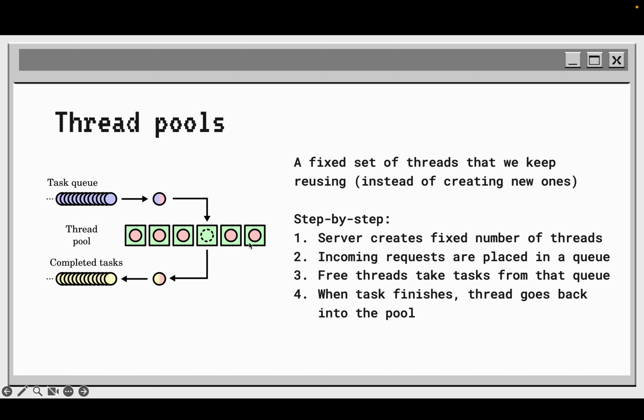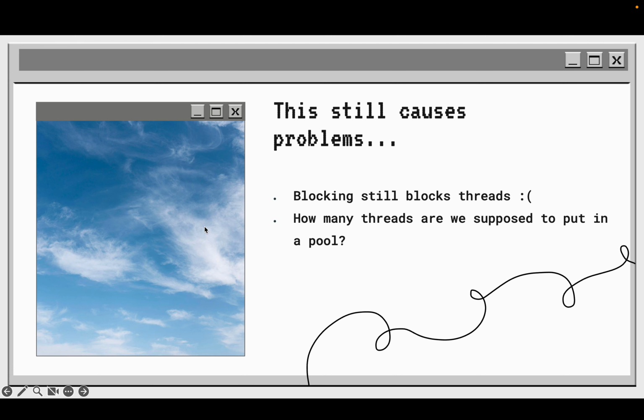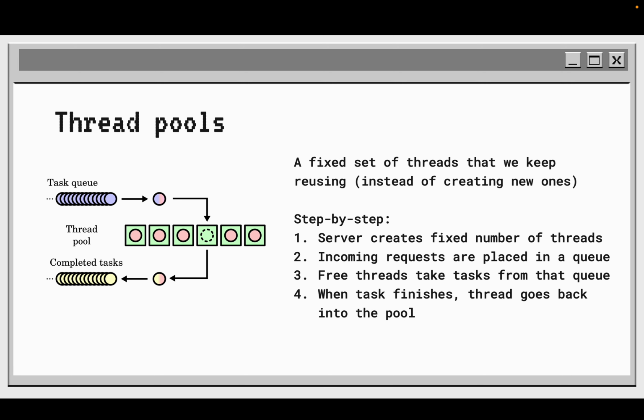The threads are these squares and the circles are the tasks. So if any one of these threads in this thread pool is free, we can assign a task to it. And when that task is finished, it goes into the completed tasks, and a new task can take its place. So this still causes problems. This may fix the problem that